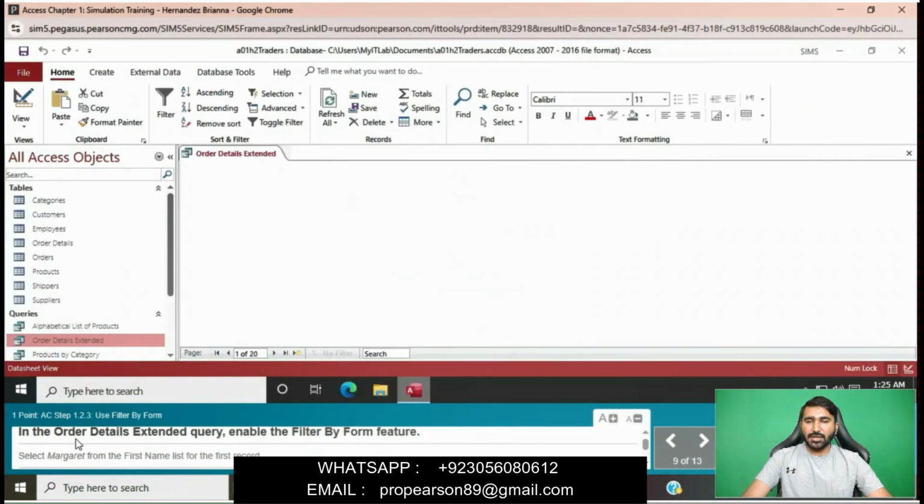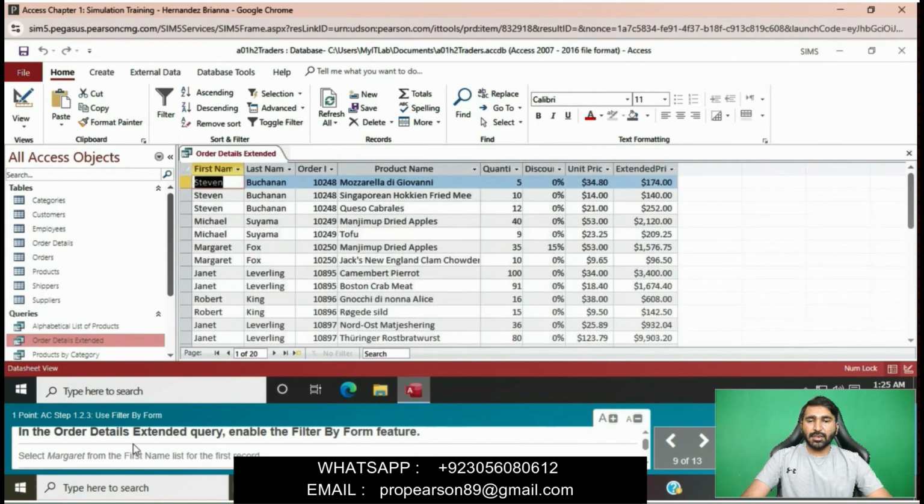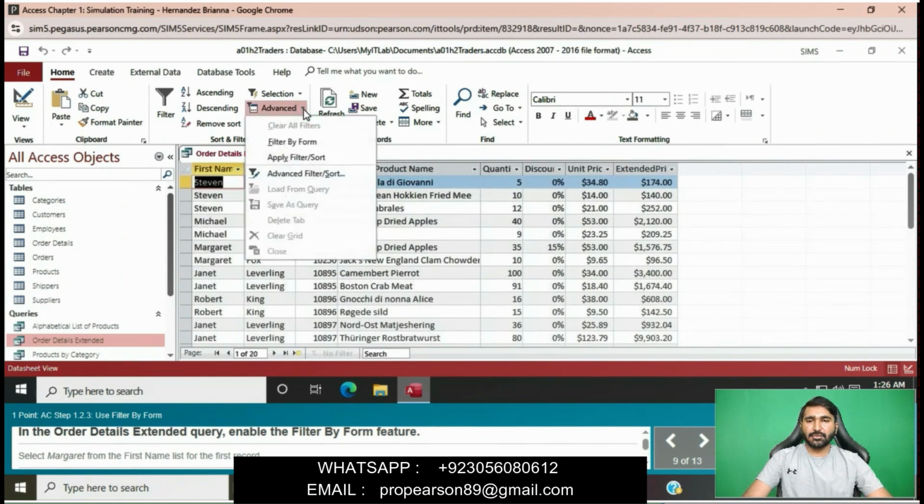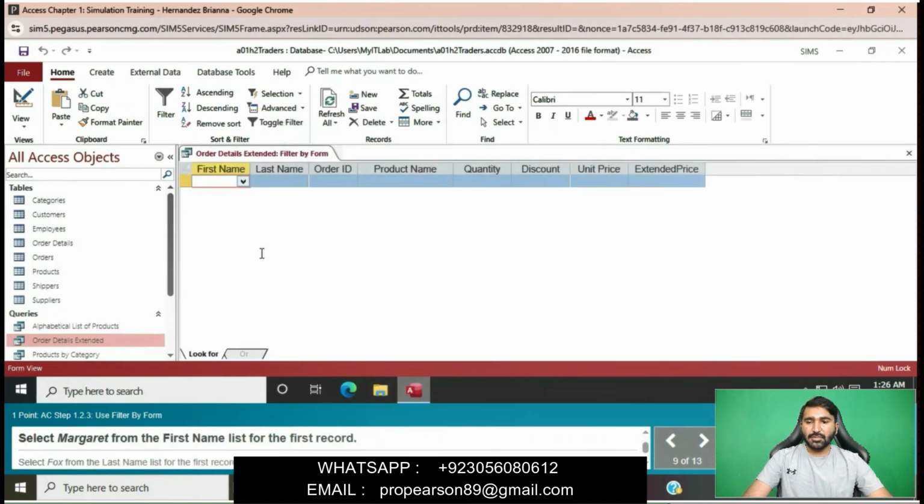In the order detail extended query, enable the filter by form feature. Apply filter by form. Select Margaret from the first name list for the first record.